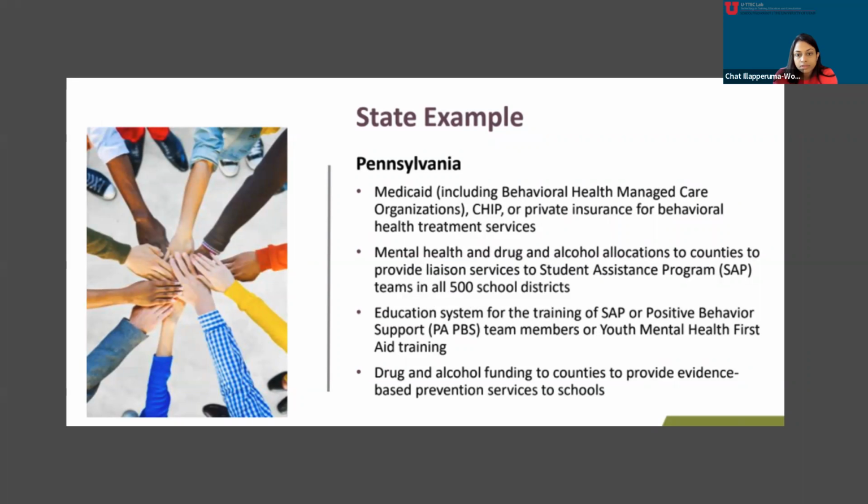And this is state level. So the Pennsylvania state example talks about how they have a long history of success in advancing comprehensive school mental health at the state and at the district level. And they have used braided funding to help support their school mental health services and resources and support. So I'll give you a minute to read through this.